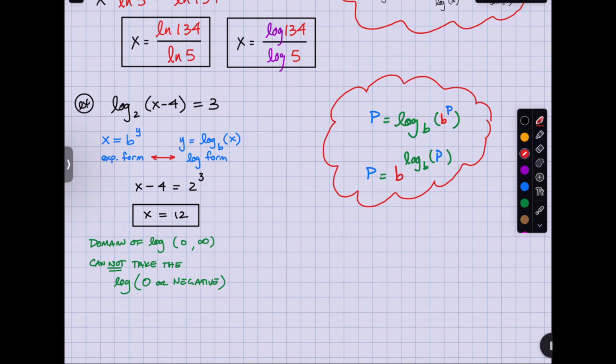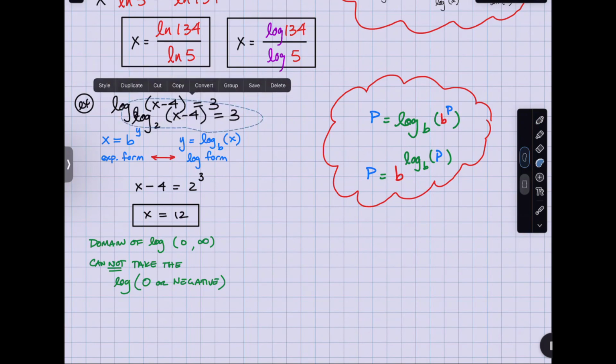Are we okay? Do we know how that works? It's opposite operations. If the bases are the same, then they cancel each other out. But this is also the rule that we use. Here, I'll talk about this. This is also the rule that we would use